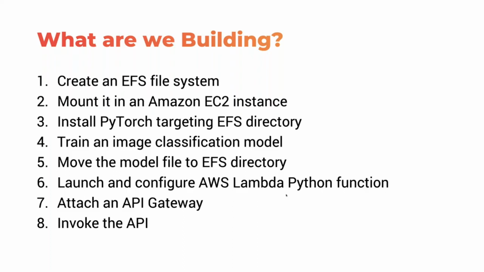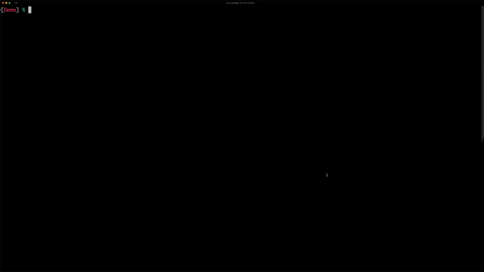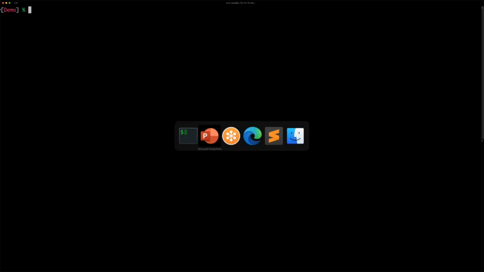And once we thoroughly test the Lambda function, we're going to attach an API gateway, and we will use curl to invoke the API. So those are the steps, but there are some nitty-gritties that we are going to discuss as we go along. So it's a pretty interesting scenario, and it opens up a lot of avenues to do interesting things with the combination of SageMaker and Lambda. So let's get started. Now, let me walk you through the environment first.